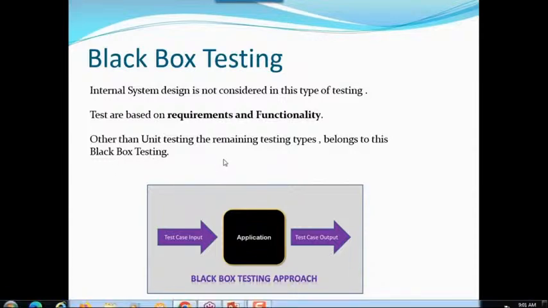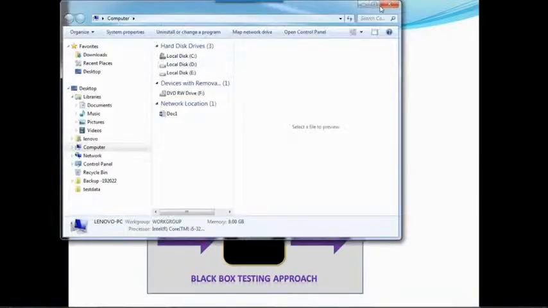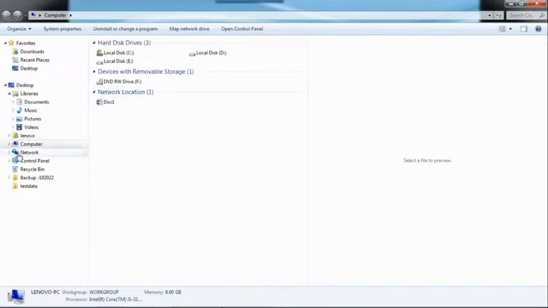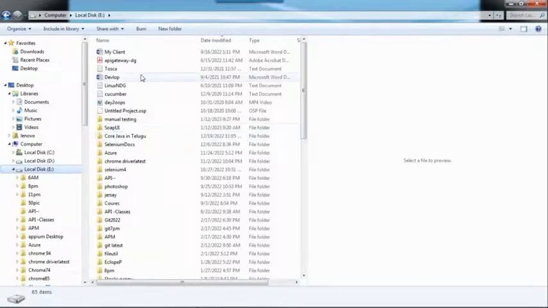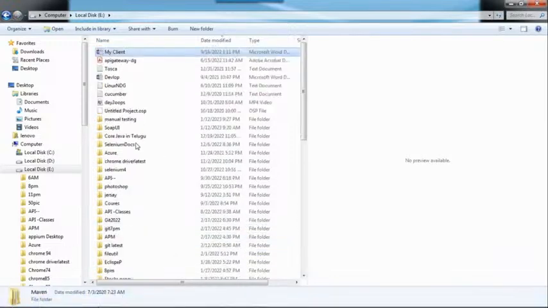I will show you one best example of how we will test. We don't see the code, but how are you able to test that application? Generally they provide documents, requirement documents, and based on that we need to test that application.